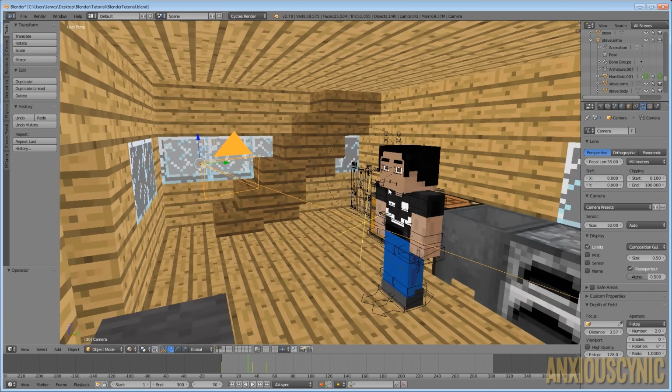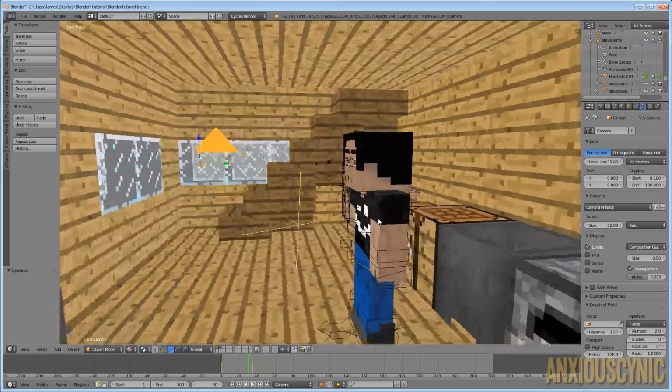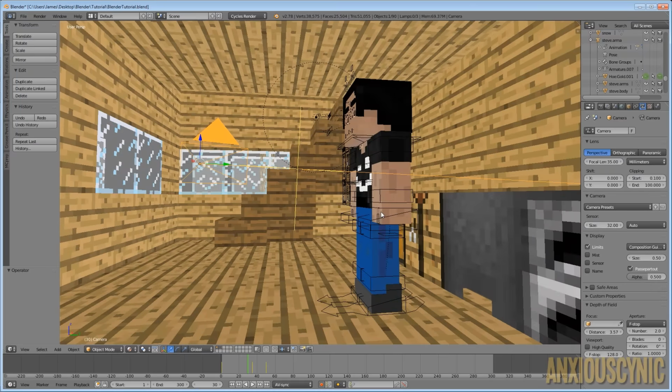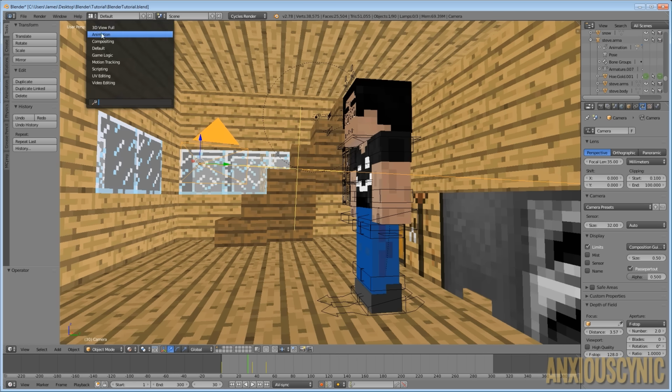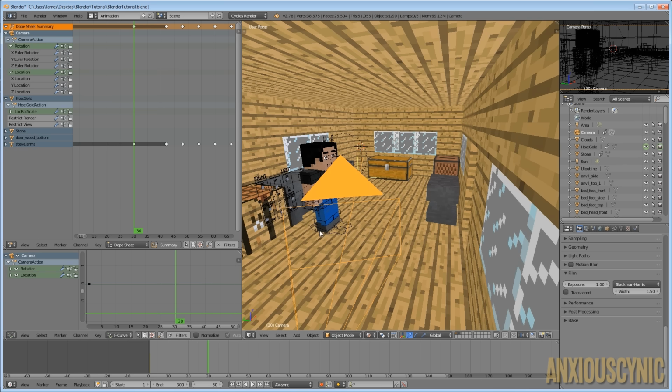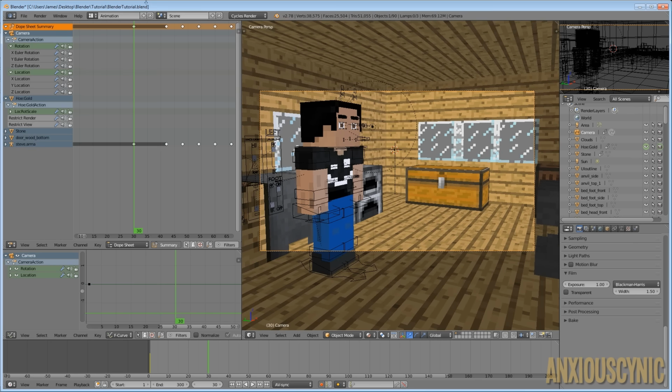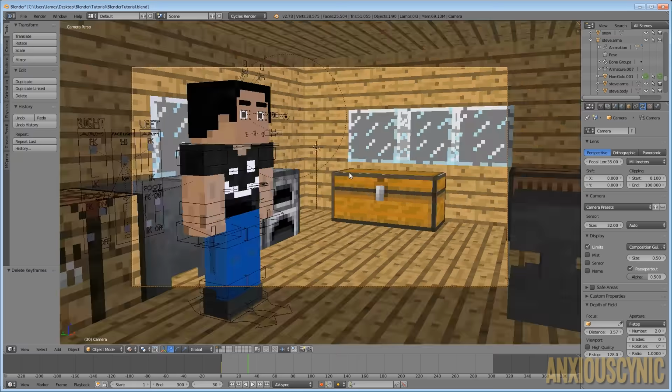Okay, so we've got this set up and Steve is sitting there and doing well. So how do we begin to shoot our scene? Now we've got our depth of field, we've got all this stuff set up, now we need to shoot it. All right, so let's go ahead and it seems like it's still got our keyframes there. Let me see here. Yeah, all right. Let's go ahead and get rid of these. I'm just going to delete these and get rid of them like so. And on say frame 30 here, let's go ahead and go into our camera view. We don't need to be in the animation view right now. So I'm just going to go ahead and do this.